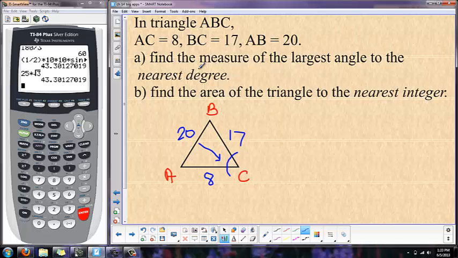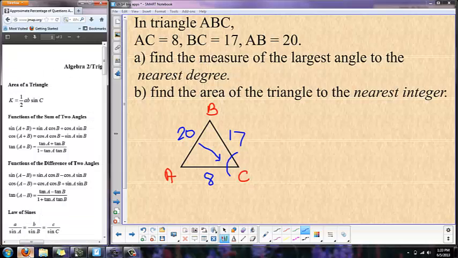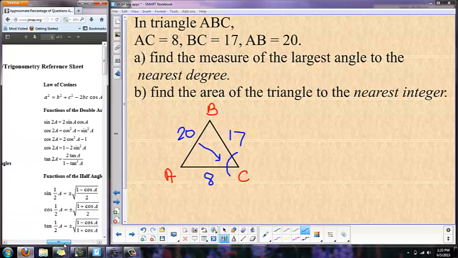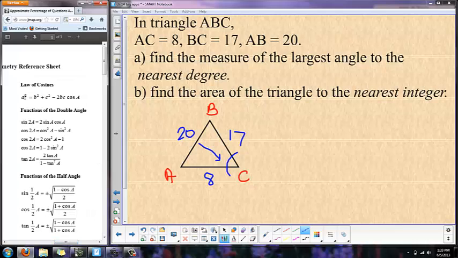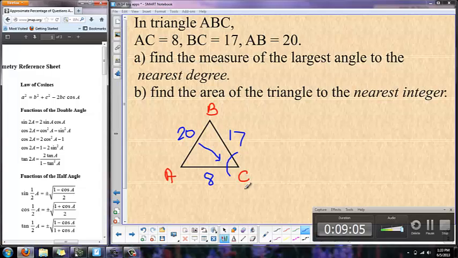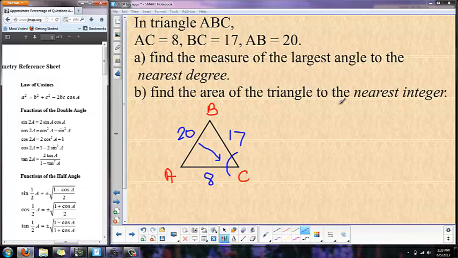That actually wants us to use law of cosines, the first equation that we learned. We're going to use the law of cosines because we know side, side, side. And when you have all the sides, you can use it to solve for a missing angle. Then we're going to use that angle probably in the area formula to figure out the area of the triangle. I know that the side that comes first in my equation has to be the one that's across from the angle. So I'm going to write 20 squared